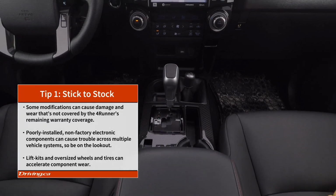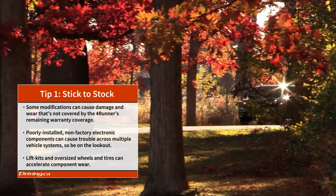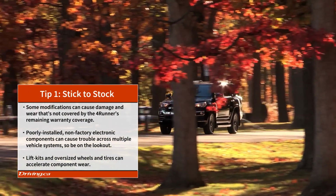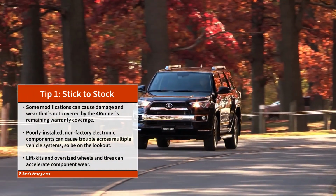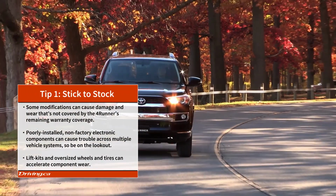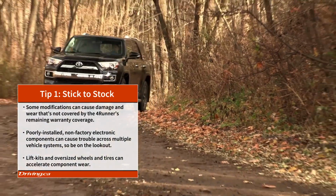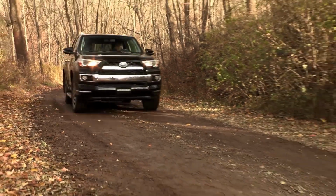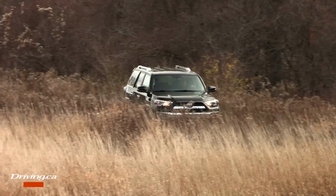The 4Runner is a very popular candidate for owner modification, and many owners run their 4Runners with non-factory suspension, electronics, engine, steering, and wheel and tire setups on the daily with no issues. Still, the average shopper is typically best to seek out a model that's completely stock where possible for 2 specific reasons. First, some modifications can cause damage and wear that's not covered by the remaining warranty. So if you're considering a newer 4Runner with plenty of remaining warranty coverage, you'll want to make sure the vehicle